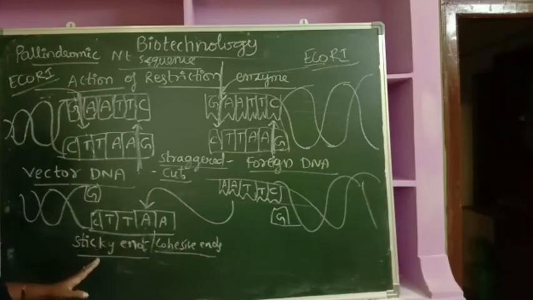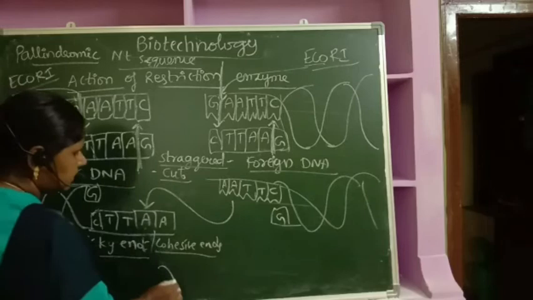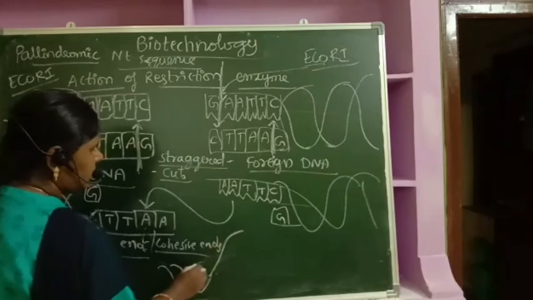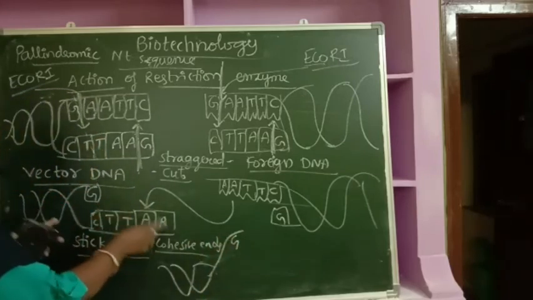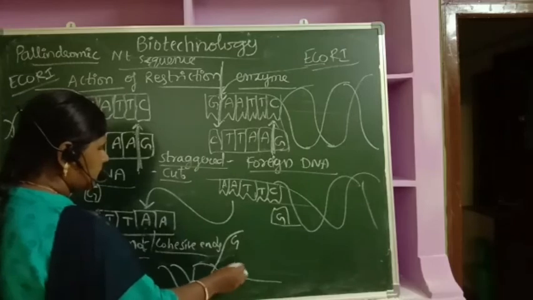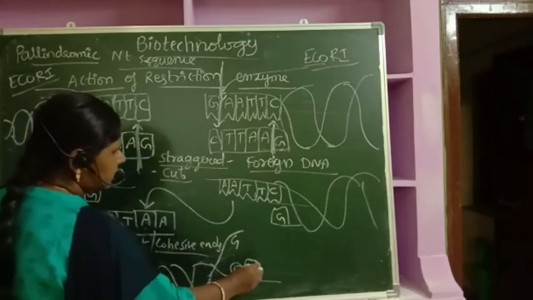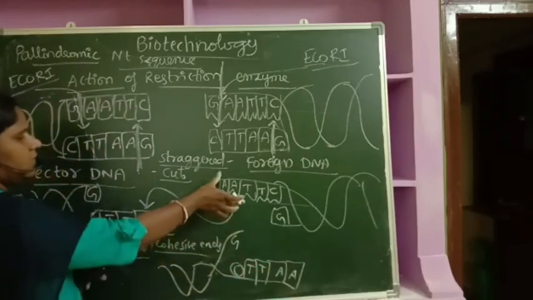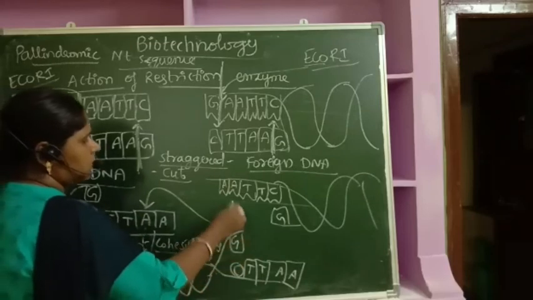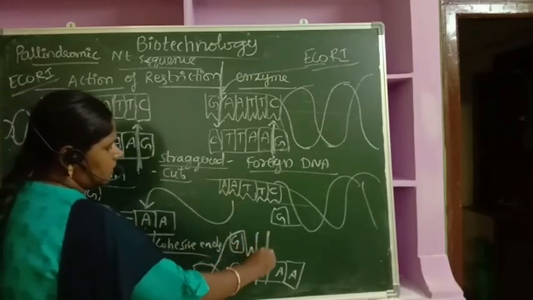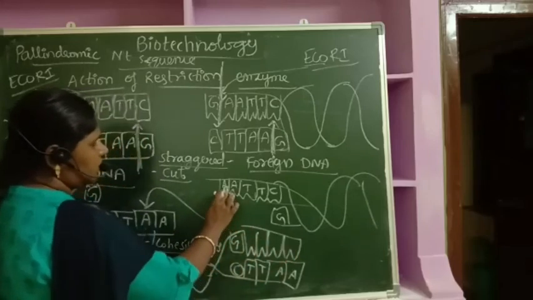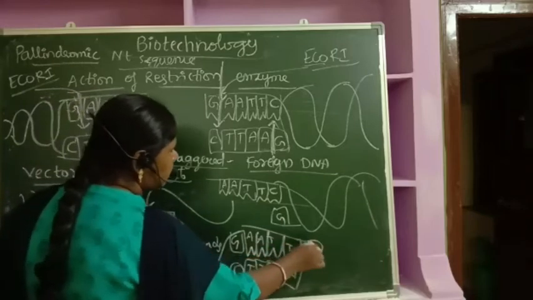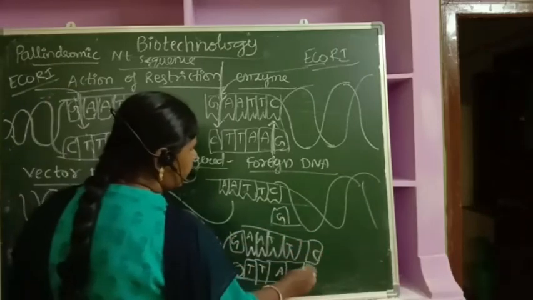As a result, what happens? Now you see, down here we can write this is the vector. Let us write, I am writing them joined together here. Now this vector has the G here. I am drawing this part here, and down it has C, then T, T, A, and A. Now who is coming? This part is coming and joining here. So this part I am writing like this. This is coming and bonding. What is there here? AA, TT, and C is there here. And that here is again foreign DNA.